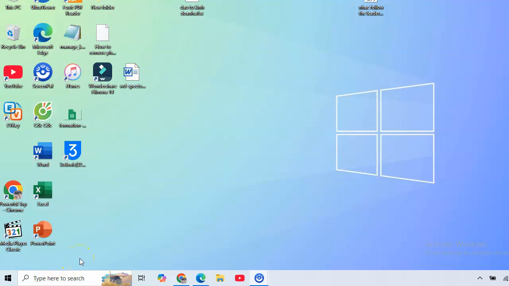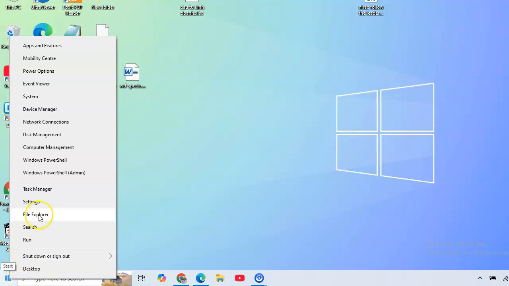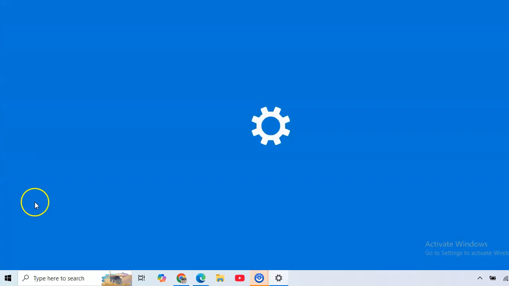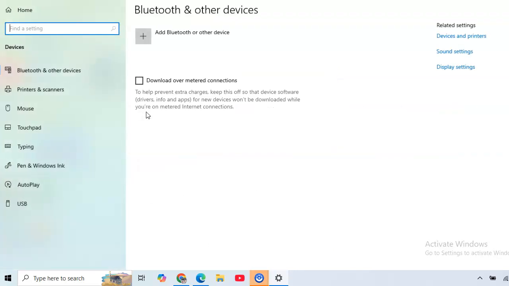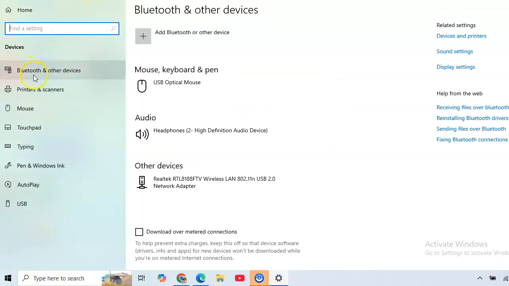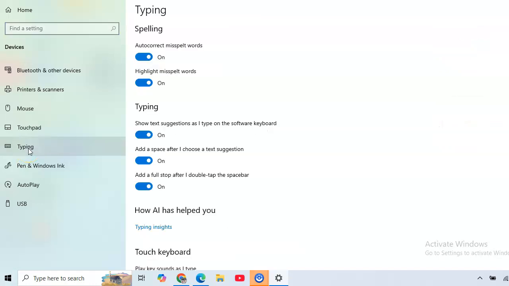Okay, how to hide text suggestions on Windows 10 and Windows 11. First, just go to the start icon and then right click. After that, click on settings. And then click on devices. After that, in the left sidebar, click on typing,